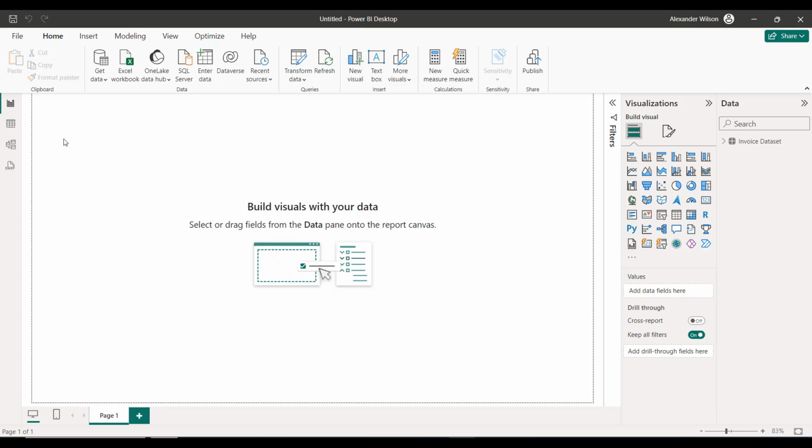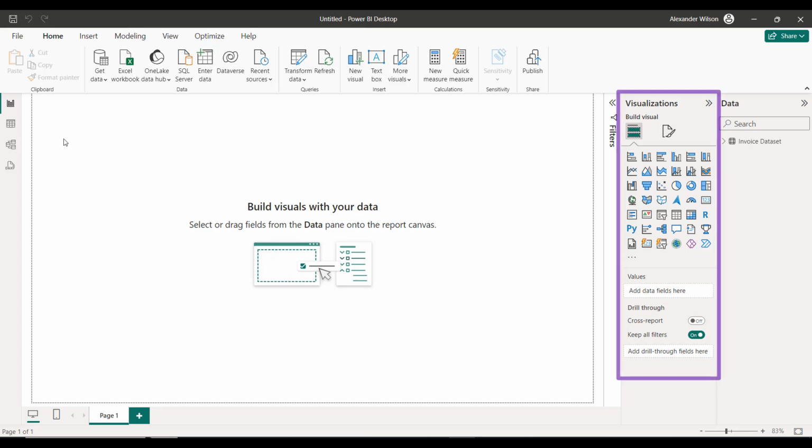Now we're back in the report view, the first thing we're going to do is create our first visualization. Because this is our first report, I've chosen pretty much the simplest visualization, the one you're most likely to be able to relate to, the exalted table visualization. To create a visualization, we go to the Visualizations pane on the right-hand side of the report view and select the visualization we want.